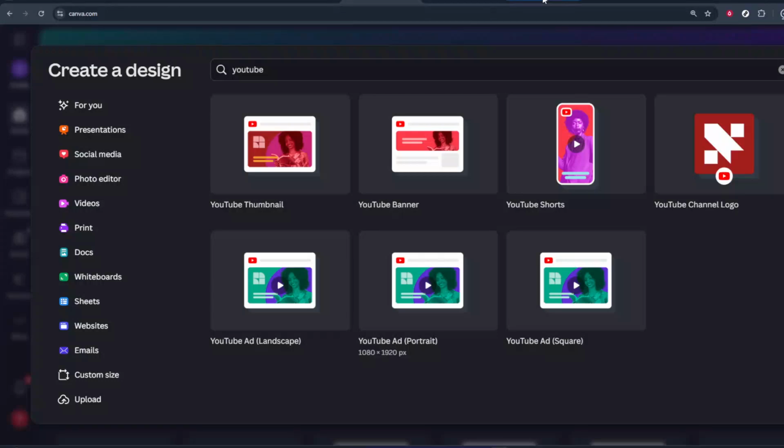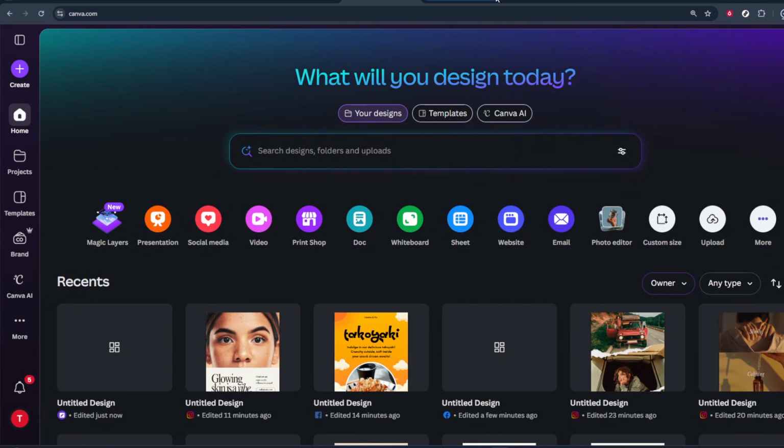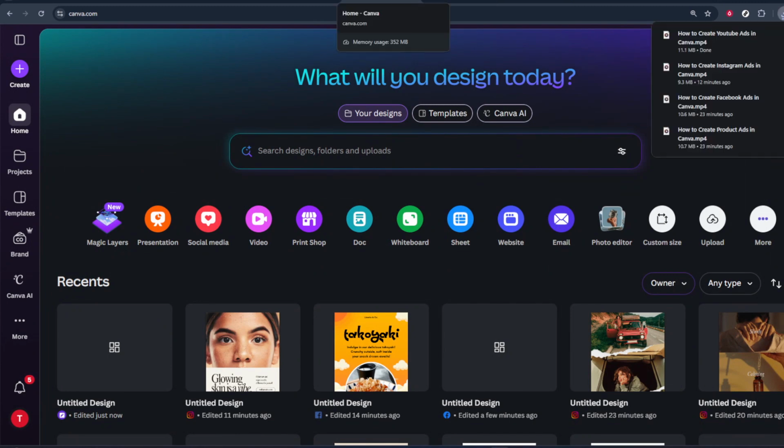In today's video, I'm going to teach you how to create a Facebook story in Canva. We'll be using Canva's Instagram story size because it has the same vertical format that works perfectly for Facebook stories as well. So once you're logged into Canva and you're on the main homepage, look towards the top of the